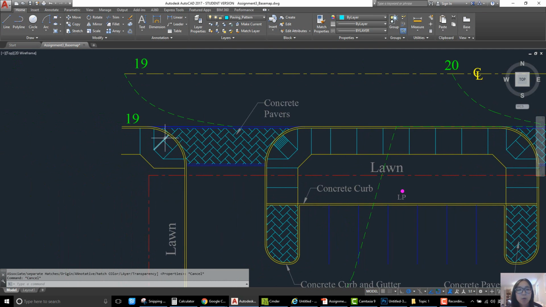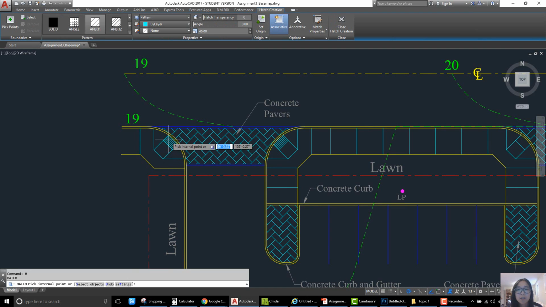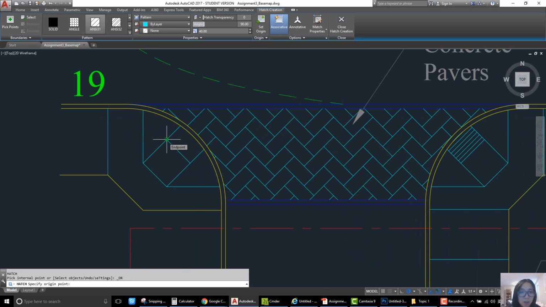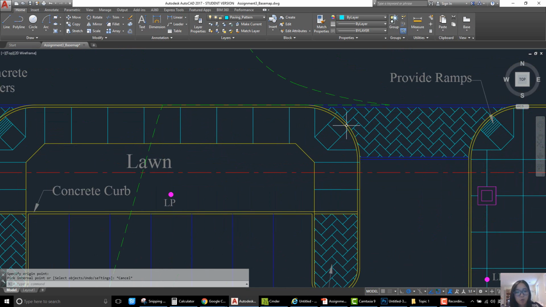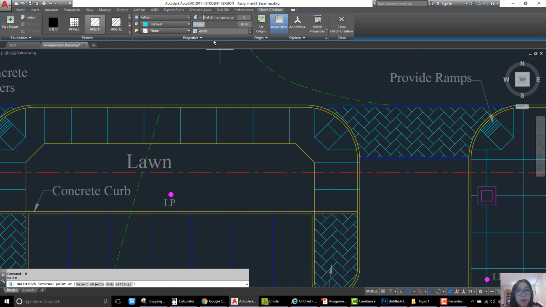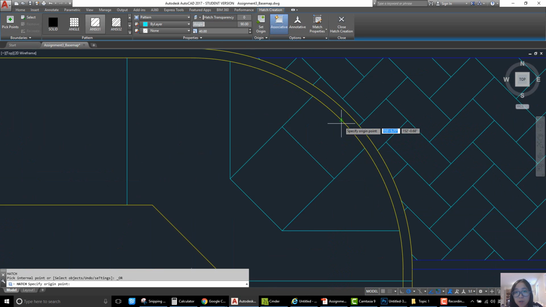You can also set origin when you hatch. So I press hatch again to hatch this ramp. So I change the angle to 90, and then I can click set origin now, and then set origin to the lower left corner, and then click inside. And then I will hatch the last ramp, hatch, and set origin to the lower left corner, and then